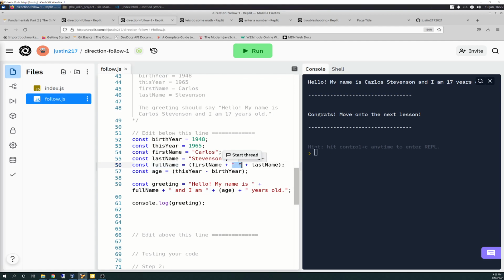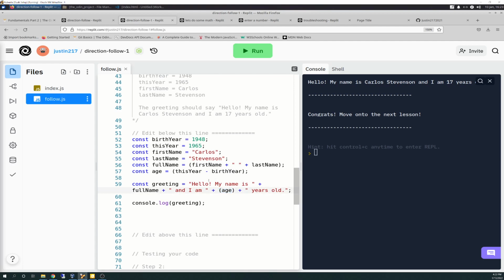If you get anything out of order, even a space, it will give you an error over here when you try to run it, and it will say that there's something like a typo or a space missing. Go back and check your syntax. And then plus, which is another concatenation, and then quote space I am a and I am space end quote plus another concatenation, and then this age is in parens because this is a